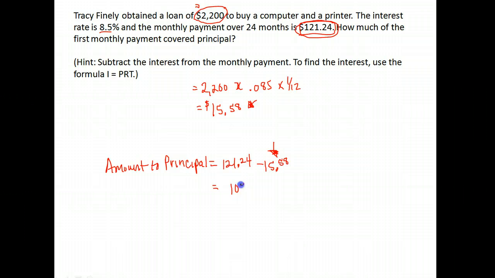Okay, so we have $105.66. That is the amount of that first payment that will go to principal. The other $15.58 goes to cover the interest that